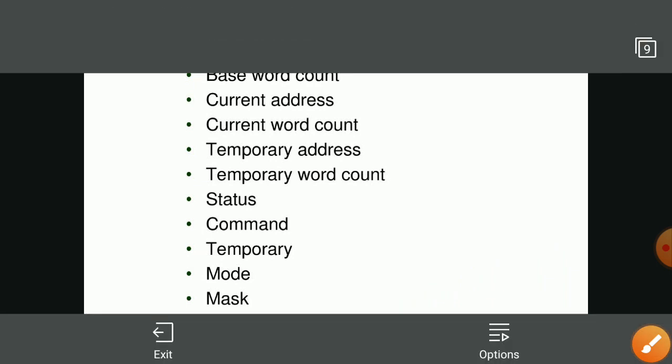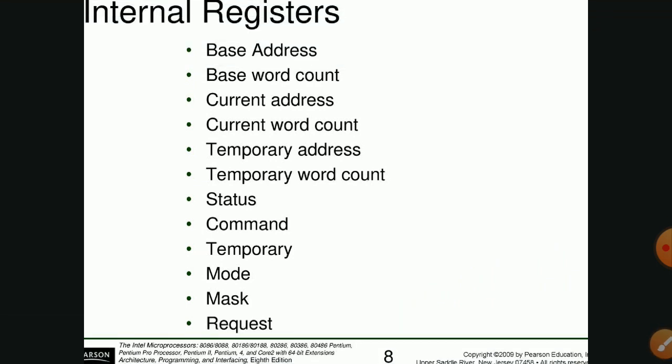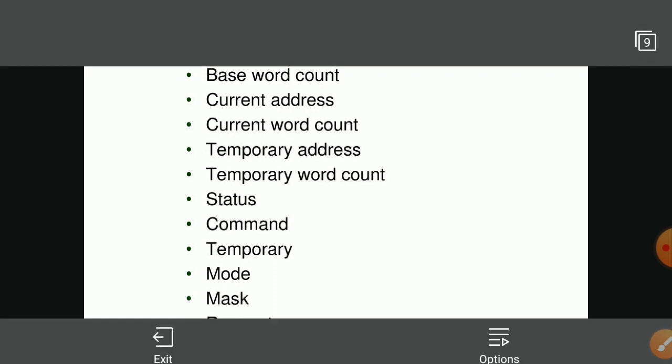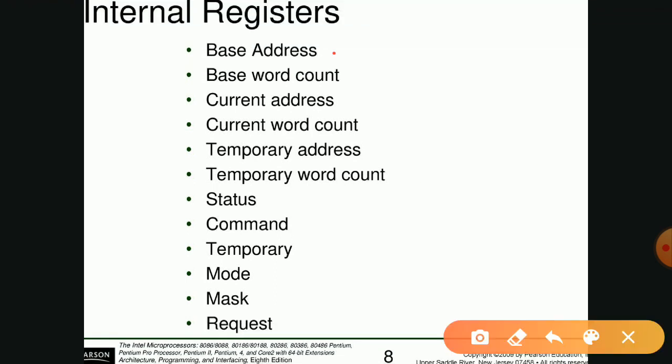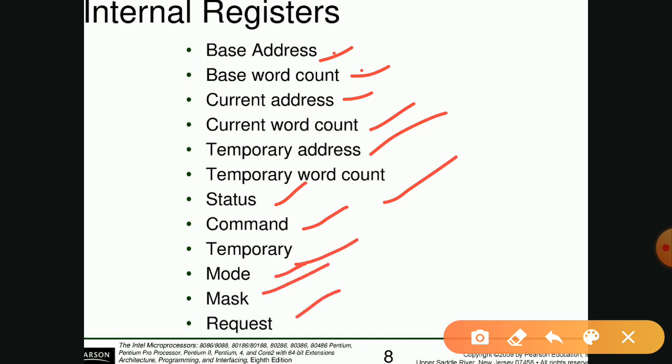And see what the internal registers present in the DMA controller are: the base address register, the base word count register, the current address register, the current word count register, the temporary address register, the temporary word count register, the status register, the command register, the temporary register, the mode register, the mask register, and the request register.